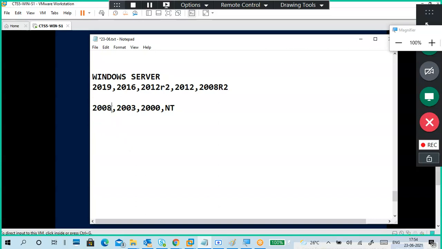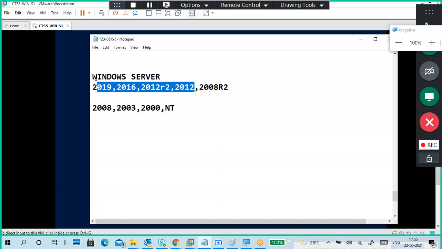Server Core was introduced in 2008 only, and in 64-bit 2008 Hyper-V is introduced here only. The comparison is that this one has Hyper-V and this one doesn't have Hyper-V. It means in 64-bit it is there. This is compulsory. This is a beautiful one.